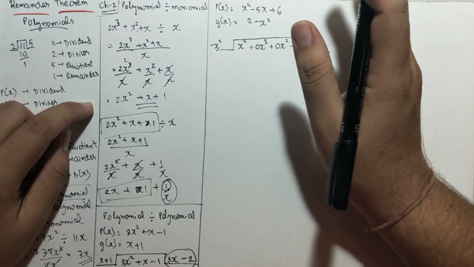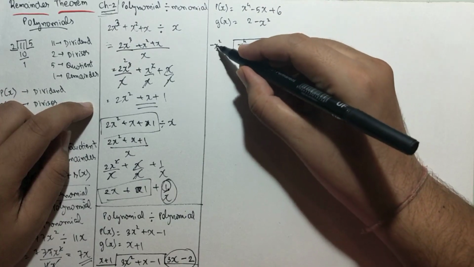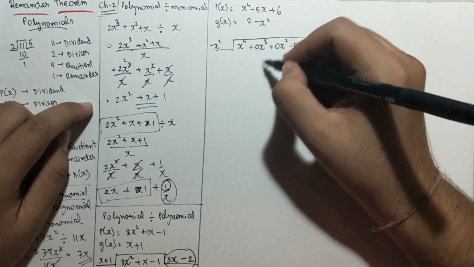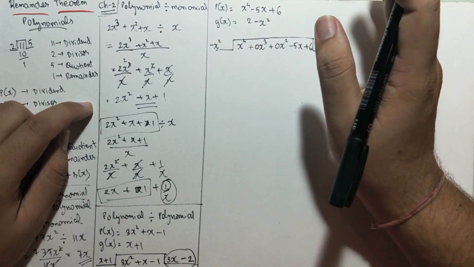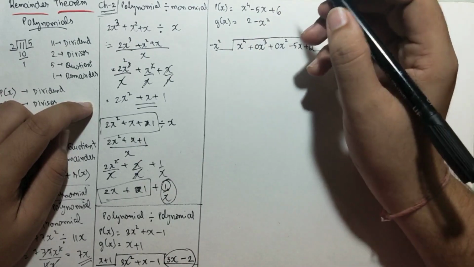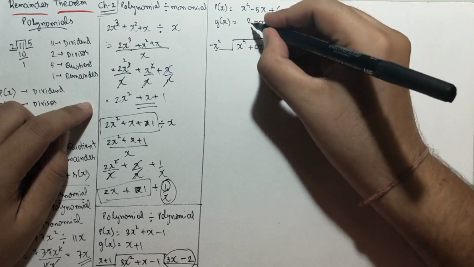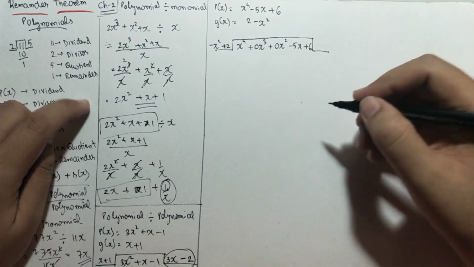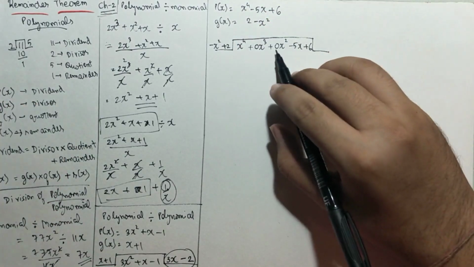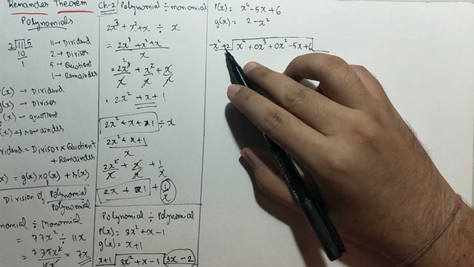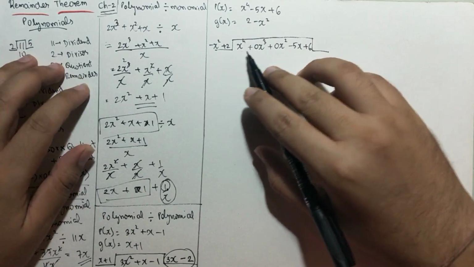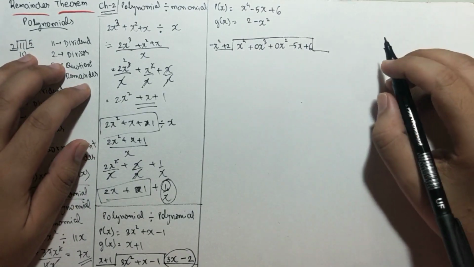Now in the divisor, we don't need to write the missing terms. We don't need to write x here, because we are multiplying this divisor and the answer will come here. We don't have to add a 0x term. But here it was plus 2, so I am writing plus 2. So in the dividend, you need to write the missing degree terms, but in the divisor, it is not needed. But the fact is, we have to rearrange in proper descending order.